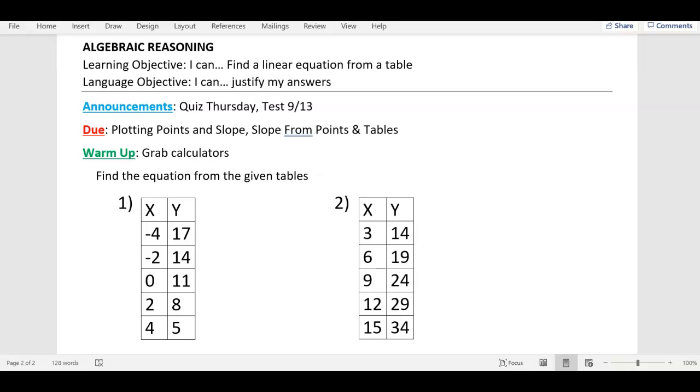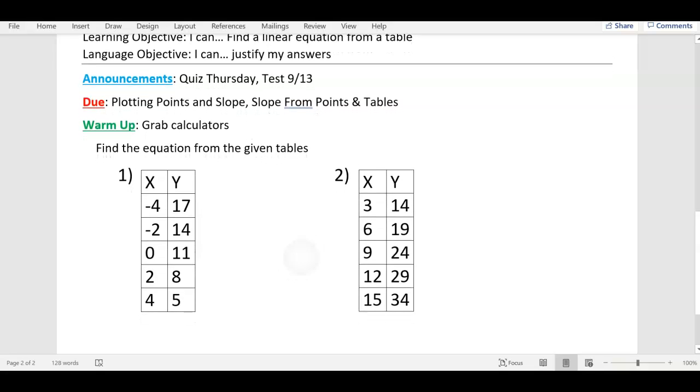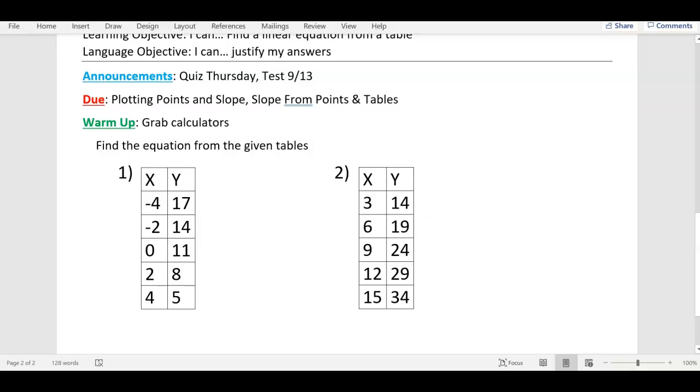Okay, so we did this yesterday. Let's remember how we did it. If you weren't here yesterday, here's a little lesson, okay? Even though you may have the notes, copies, it's good to get an explanation. So to get an equation from a table, we talked about yesterday, kind of a reminder from Algebra 1, that